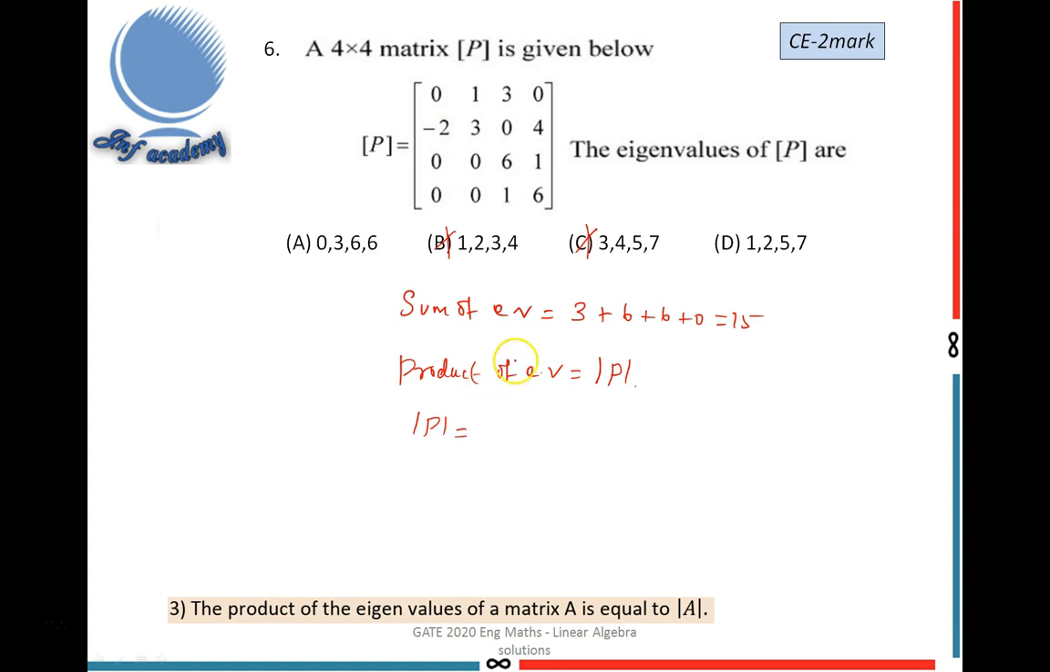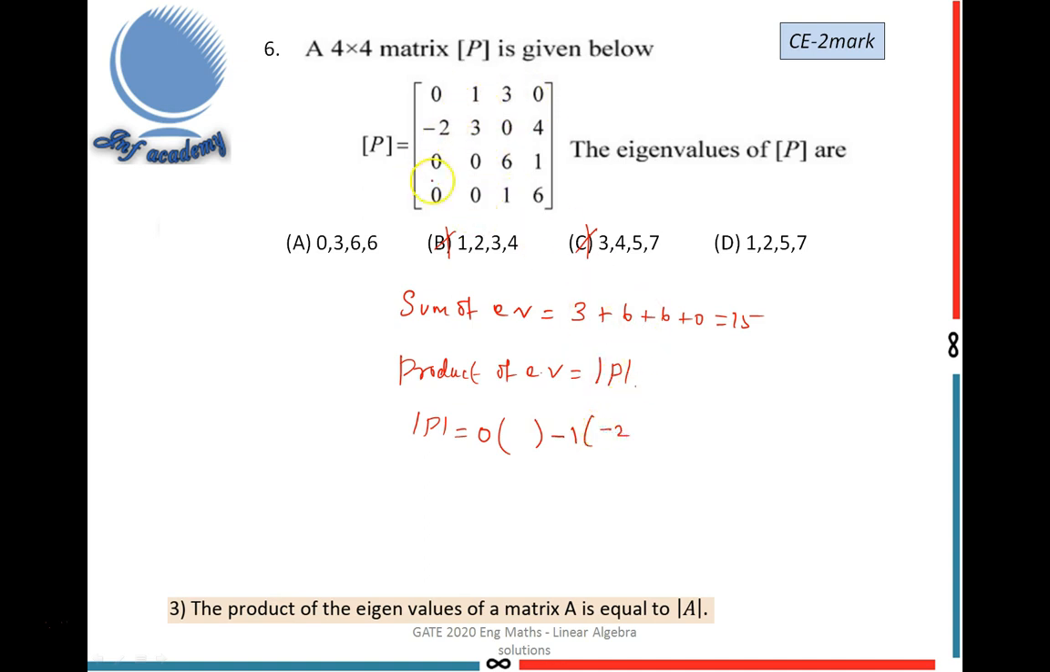That is the sum of the cofactors of any one row. I choose the first row. 0 into cofactor: delete this row and this column, and take the determinant of this one. How to find it? 0 times anything is 0, so I don't need to find this. Next, put a minus sign, minus 1 into, deleting this row and this column, we can get